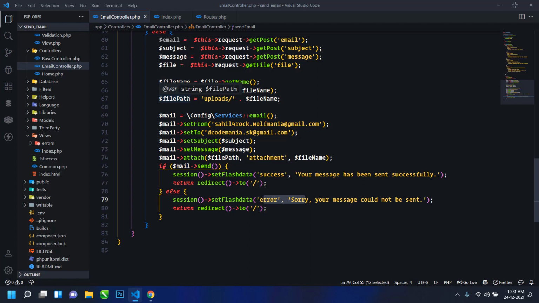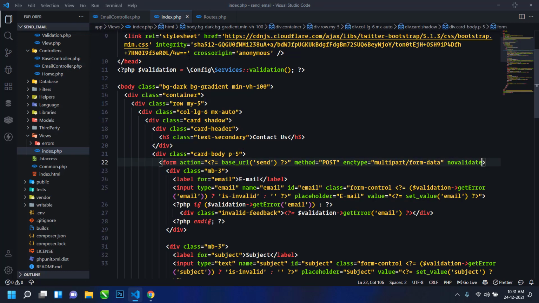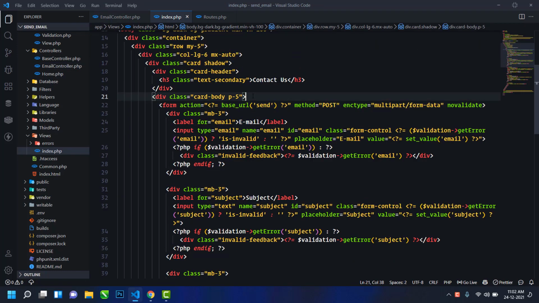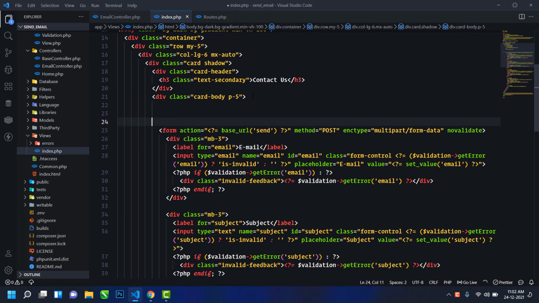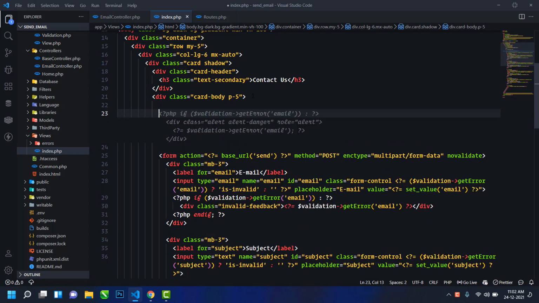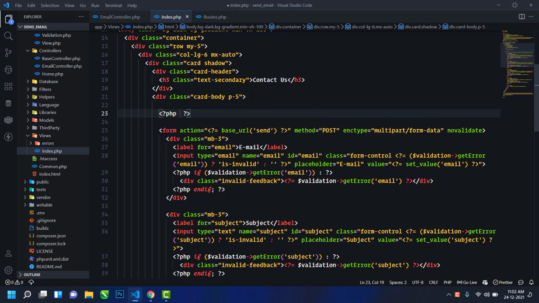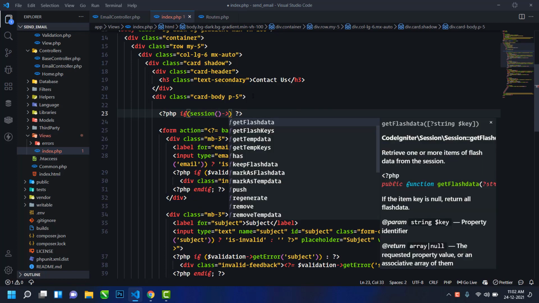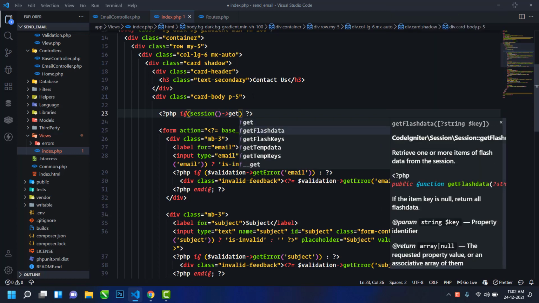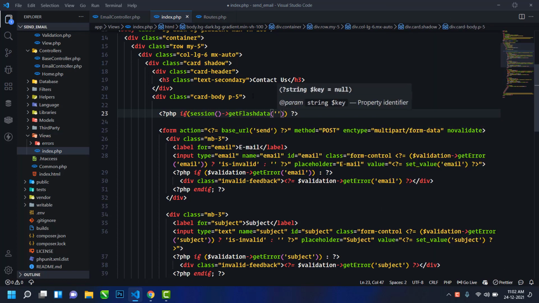Okay, so for this what I will do is just go to the index.php file, and here in the card body I will use a PHP if statement. So just use PHP if, and here I will check if session get flash data for success.